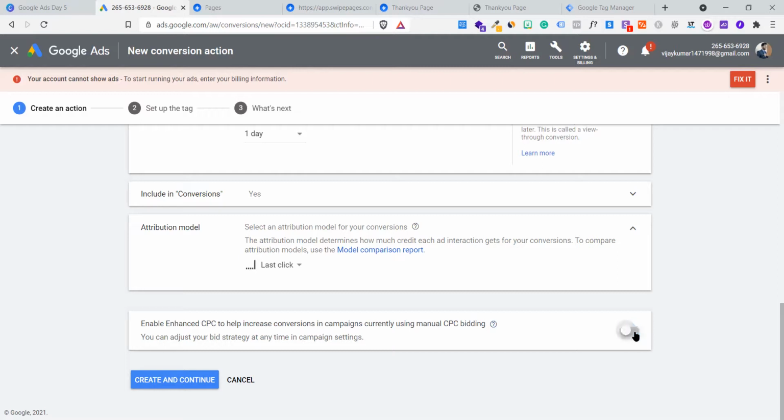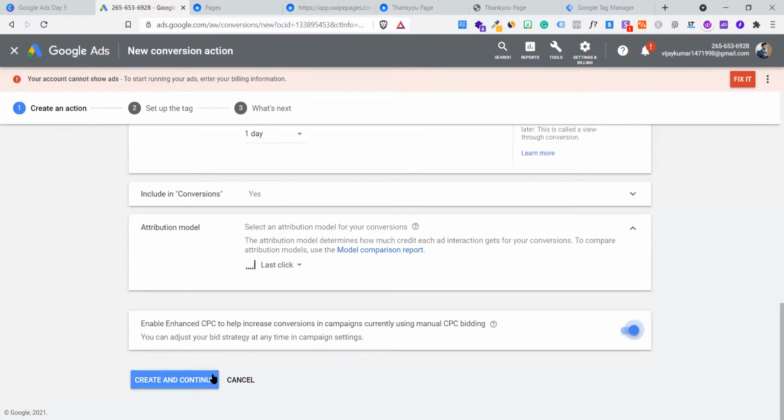This is giving permission to Google, saying: if my conversion rate is really high or maybe poor, please check my conversion enhanced bid. If required, increase it; if required, decrease it. You getting it? By clicking on this button, I'm giving access to Google: whatever you think is correct, please perform. So I also recommend you just turn it on. In case you are not using enhanced CPC the right way, Google will take care of it.